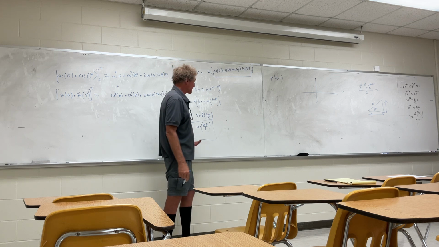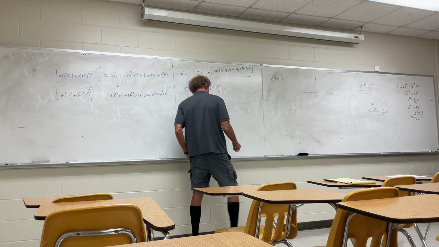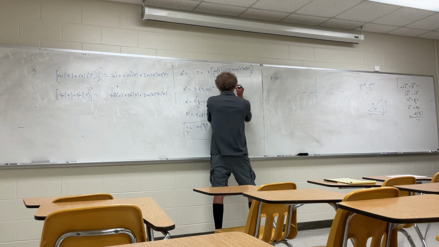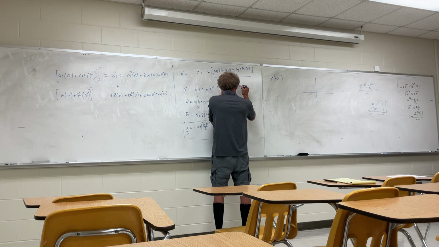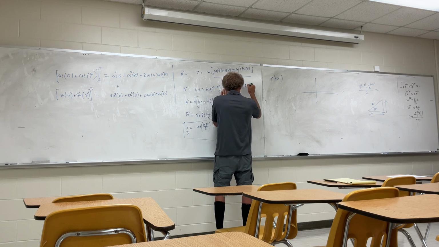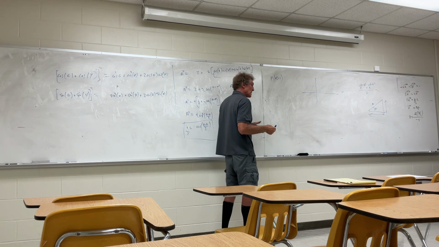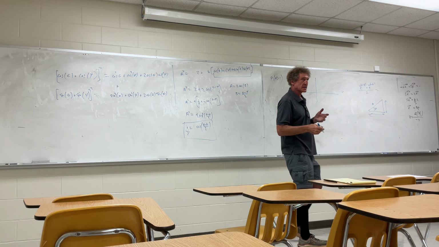Now what I'm going to do is this, and he does it too. I'm going to say that A is equal to 2 cosine, and he uses B. And B is just equal to theta minus psi over 2. He's doing a replacement there. So if we look at that,